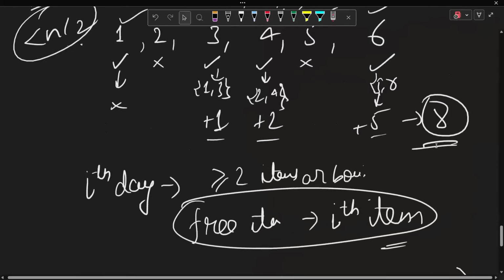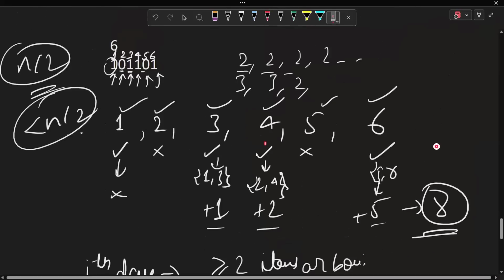Okay, so you are telling that if I'm going to the shop on the ith day, let's say on the fourth day, then I'm not buying the fourth item. Rather, let's say I'm buying the second and third item and making the third item free. Yes. Okay, so now let's think, would it in any case be better to do something like that,